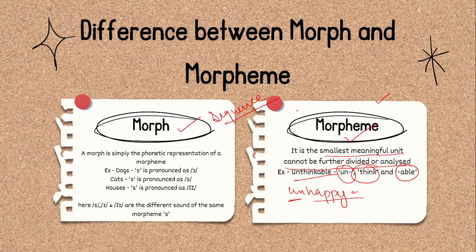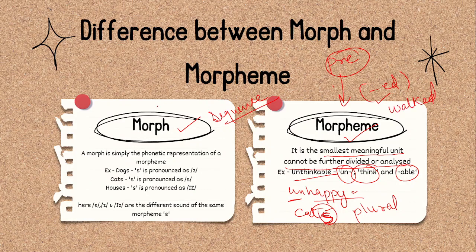Here are some more examples of morpheme. Let us see that. When we write cat, cat is a morpheme that means a small carnivorous mammal. And when we add s, it is also a morpheme that makes cat plural, correct? Then when we write pre, it is a morpheme that means before, as in preview. When we add a suffix like ed, it is a morpheme that means past tense, as in walked,